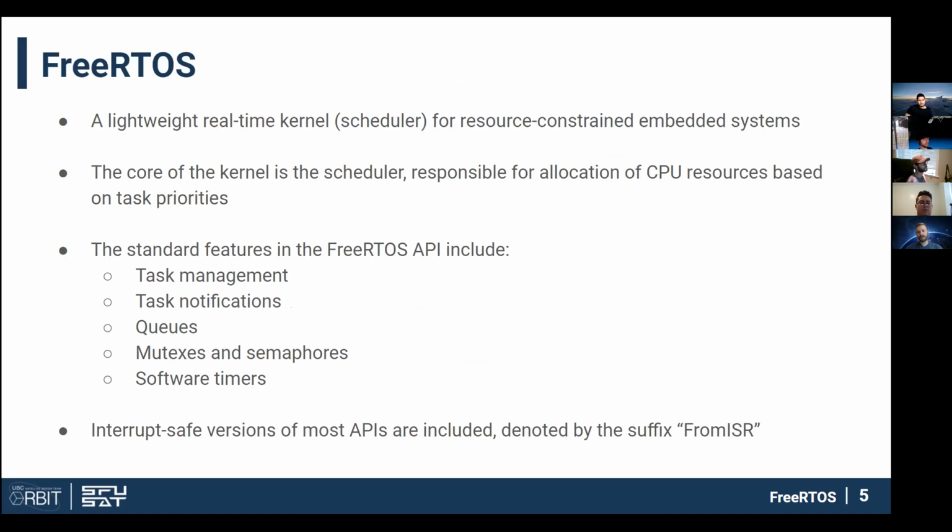So FreeRTOS is a real-time operating system that is ideal for small resource-constrained embedded systems. There are more bulky, beefier real-time operating systems like RT Linux, which is just Linux with a patch in the kernel to enable preemption and real-time scheduling. So this would be used in things like 5G critical infrastructure for software-defined networking switches and things like that, right? Something where you need real-time guarantees, but you also need a lot of processing. We're more interested in very small resource-constrained microcontroller-based systems, and that is where FreeRTOS is ideal.